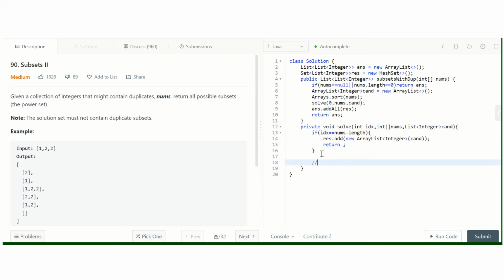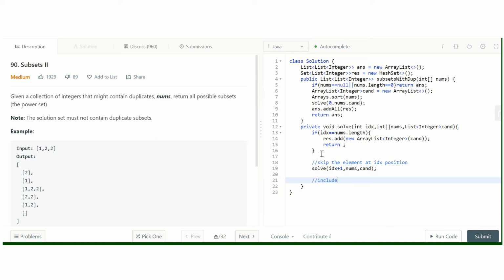First, skip the element at the idx position: solve idx plus 1, nums and candidate.